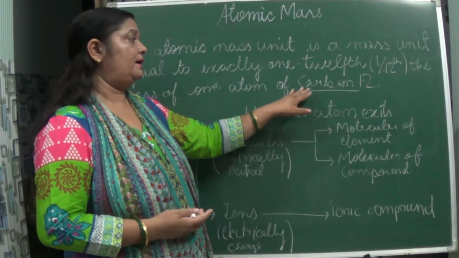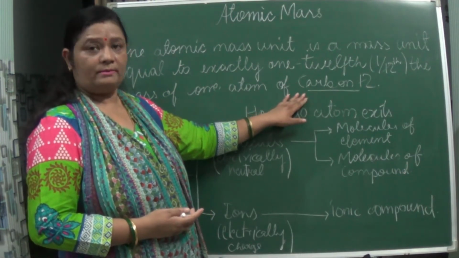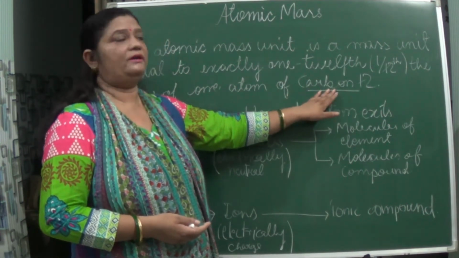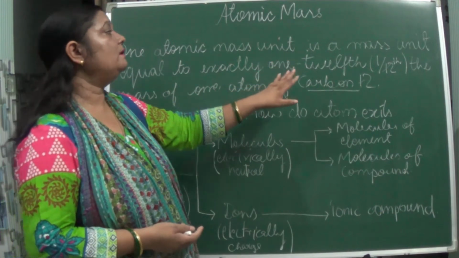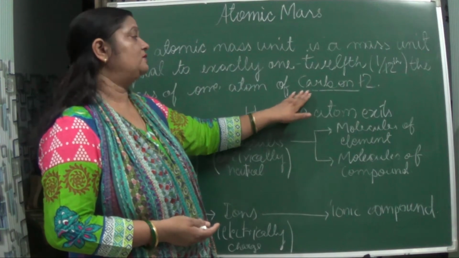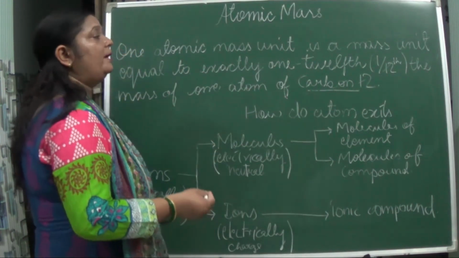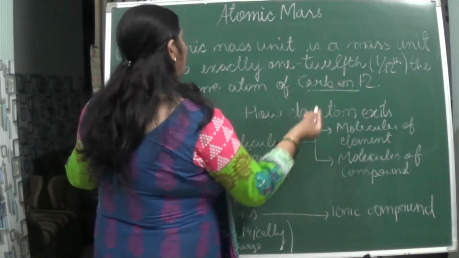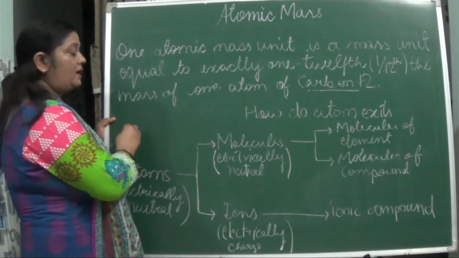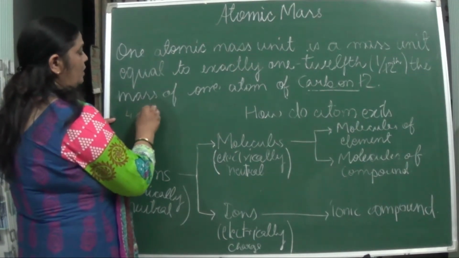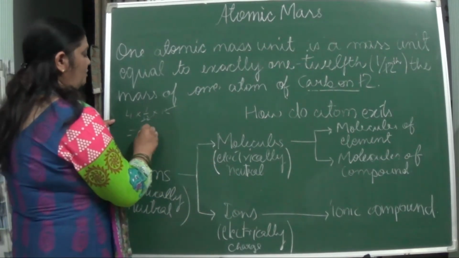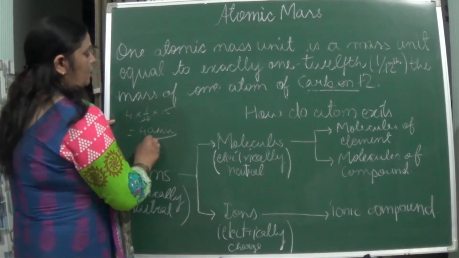Carbon has other isotopes also, carbon 16 and carbon 14, okay, but carbon 12 is found in abundance and it is totally appropriate for taking out the atomic mass, as it gives the whole number value of 1, and is found abundant in nature. Okay, so suppose we are calculating the atomic mass of helium. What is the mass number of helium? It is 4, so 4 into 1/12 into 12, this gets cancelled, and you get 4 atomic mass unit of helium.